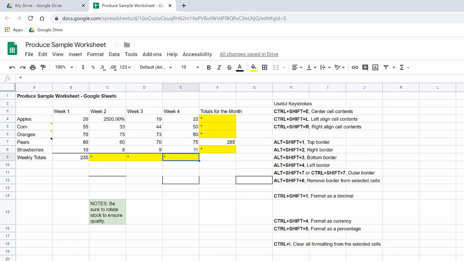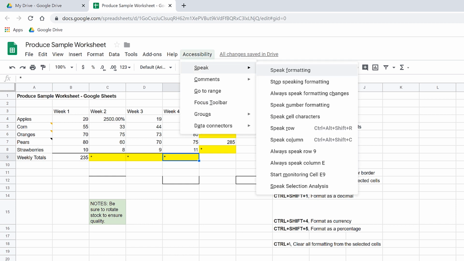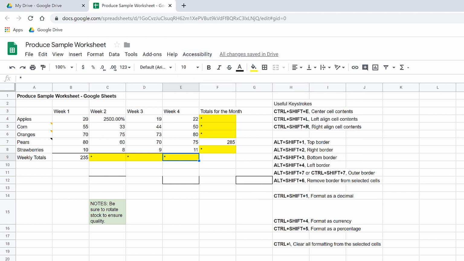This can be useful to find out how things look visually, especially when you first open a workbook to begin exploring. Now, it is a bit verbose, so after a while you'll probably want to turn this feature off. I'll do that now. Open the Accessibility menu, Speak submenu, and choose Stop Speaking Formatting. Leaving menus. As you can tell, there are numerous ways to format both the cells and the data in Google